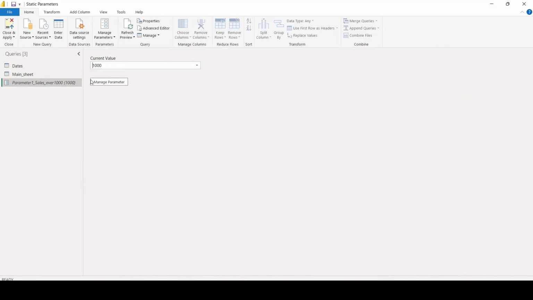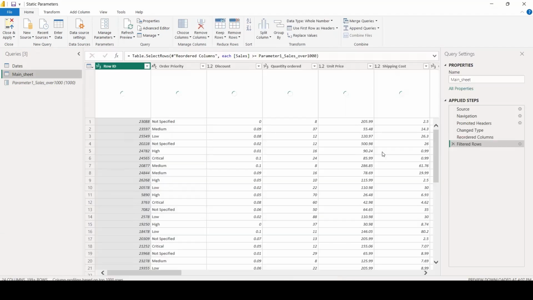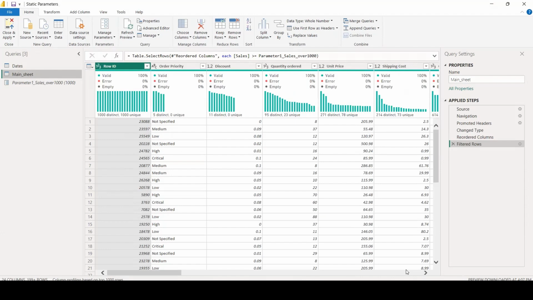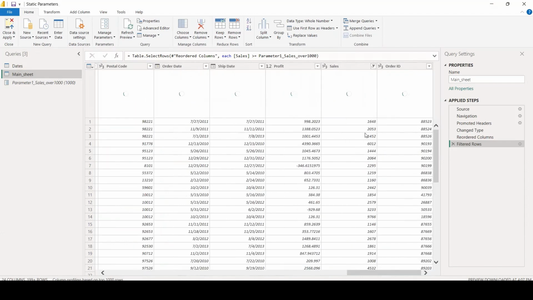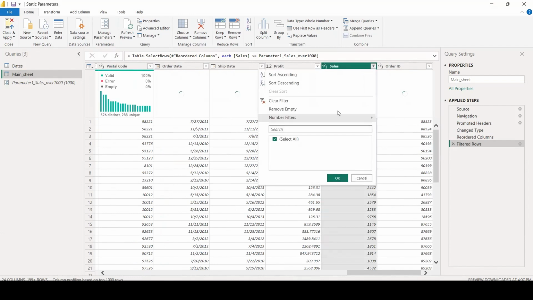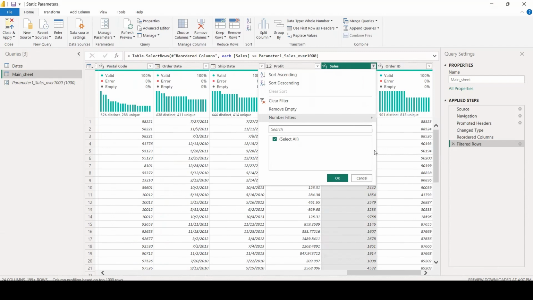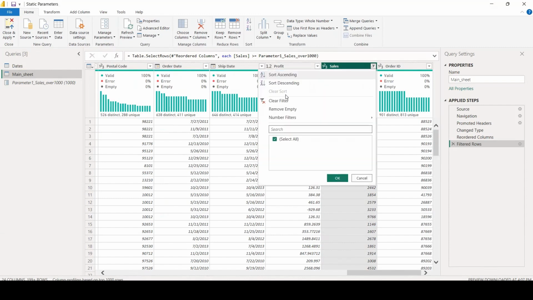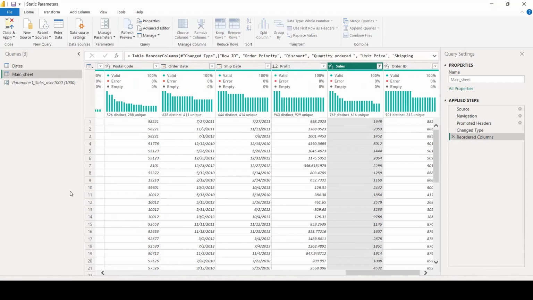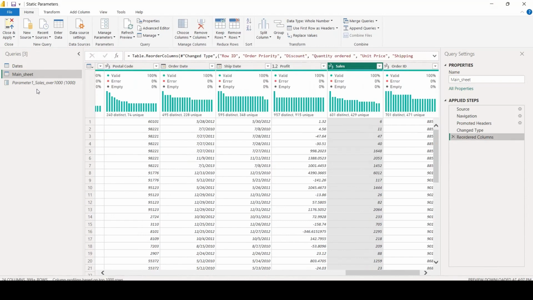If I want to change it, I can change it now very easily. I can say 1K, and if I go back, let's see if it was changed in sales. Yeah, it was changed. So this is how you can filter data. If you want to just delete it, you can just click clear filter. Then you have the whole database.